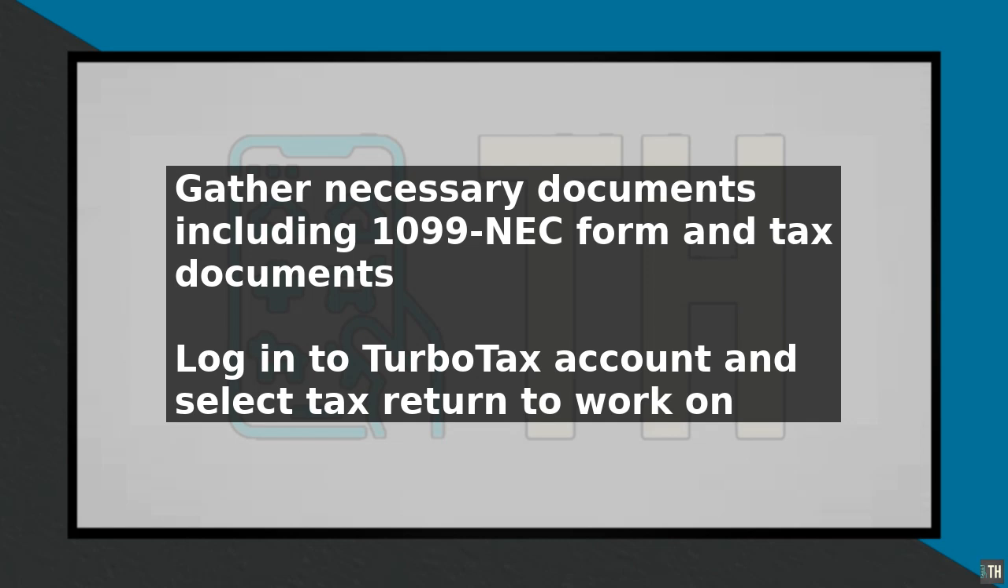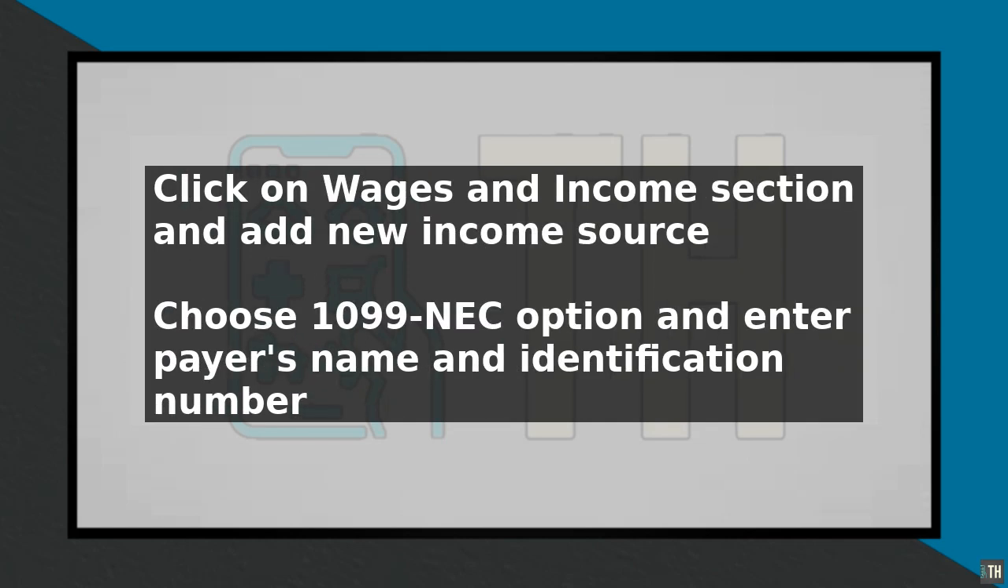Choose the 1099 NEC option and enter the payer's name and identification number as shown on the form. Enter the amount of non-employee compensation reported in Box 1 of the 1099 NEC form. You will also be asked to enter any federal and state income tax withheld, as well as any other relevant